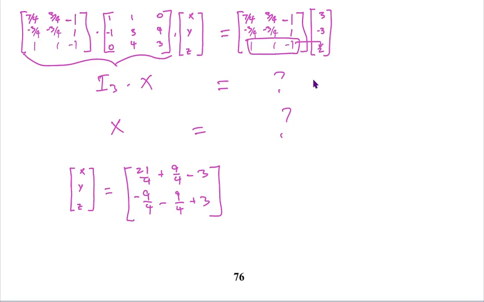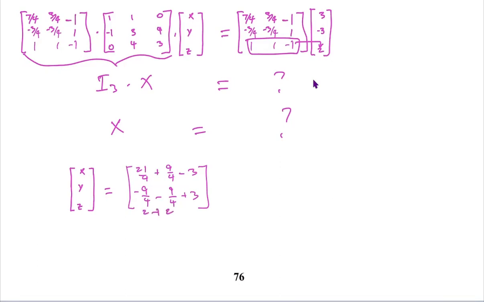So that's 2 plus 2 minus 2. And then finally, you get this equals